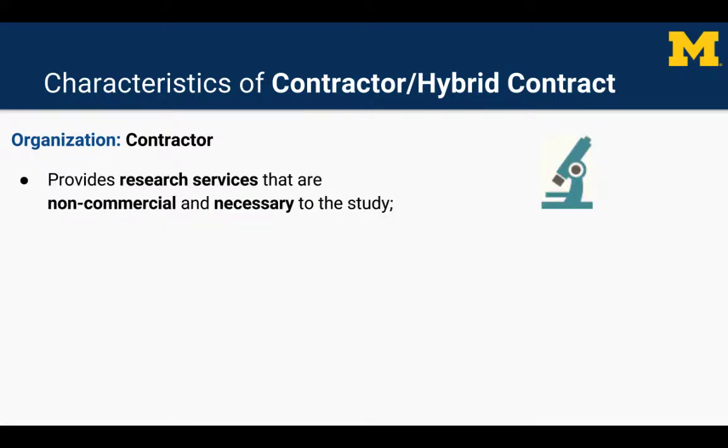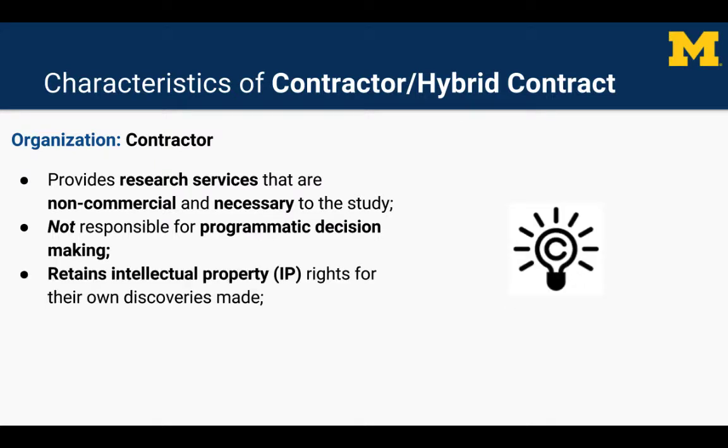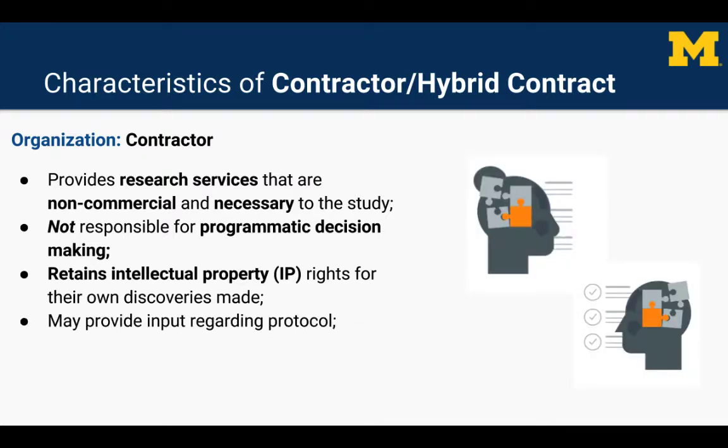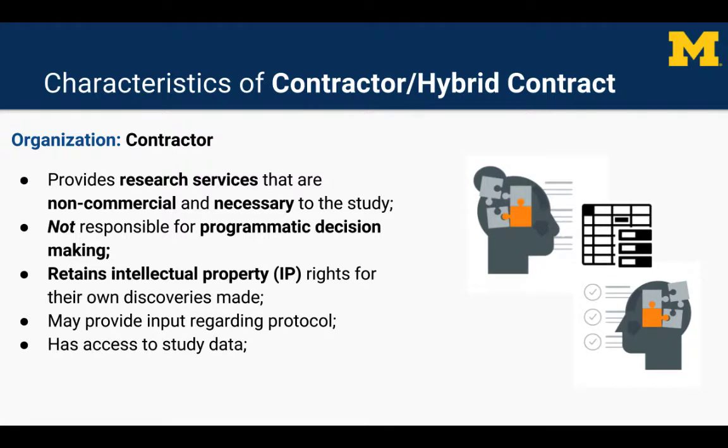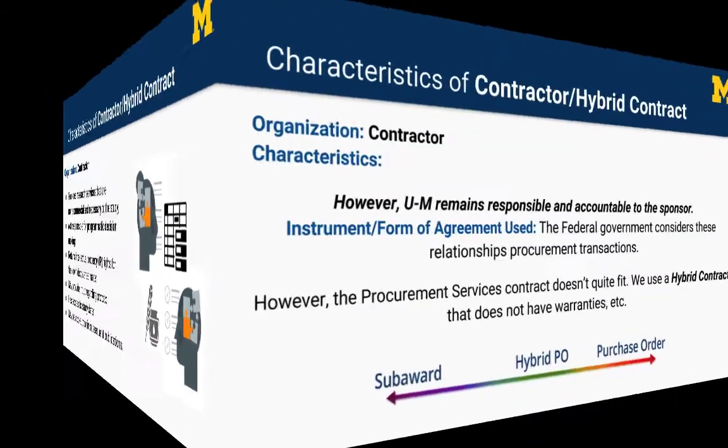When U of M enters into a hybrid contract transaction, U of M is purchasing non-commercial research services in support of the project. The contractor is not responsible for programmatic decision-making. The contractor retains IP rights for discoveries, provides input regarding the protocol, has access to the study data, and may even be a co-author in the primary papers, but U of M remains responsible and accountable to the sponsor for